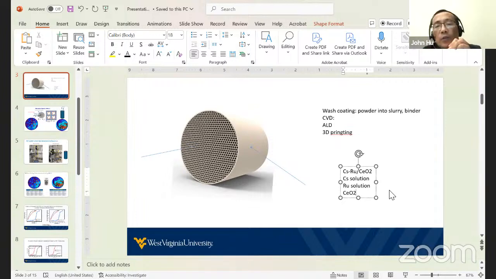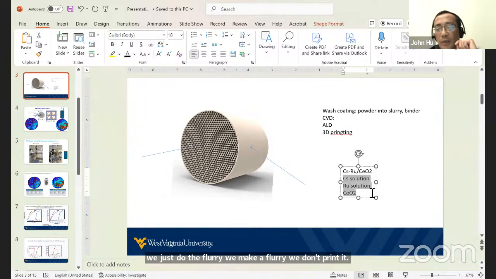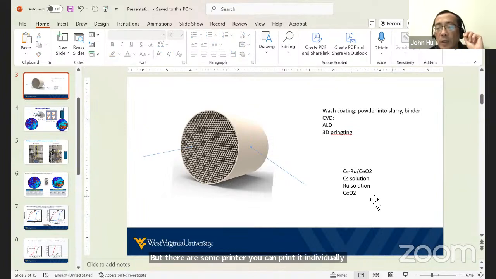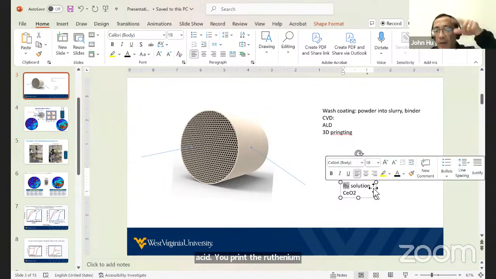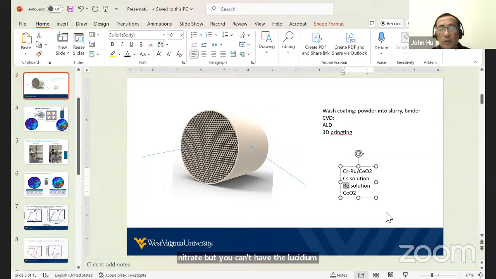I think for what we are doing, typically we just do the slurry. We make a slurry, we print it. But there are some printers where you can print individually. I just don't know the name. And with some printers you can print, let's say, the ruthenium metal. But most of the time you dissolve ruthenium into the acid and print the ruthenium nitrate. But you can also have the ruthenium wire and then melt and print it. So those are the different